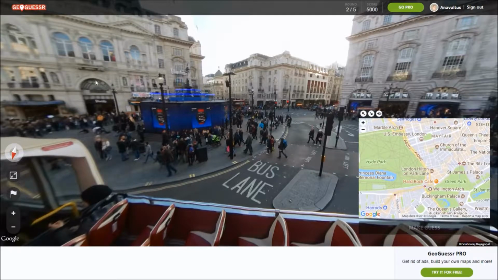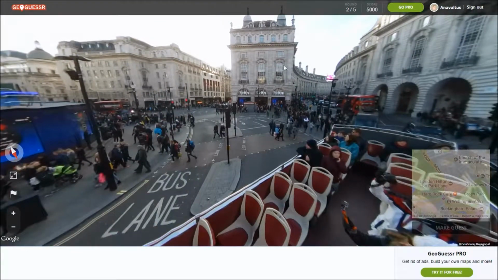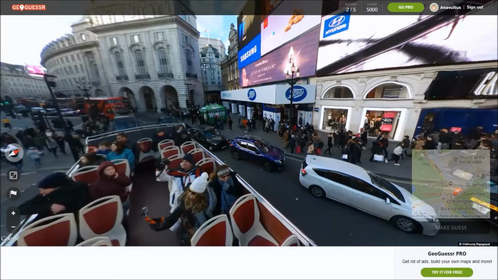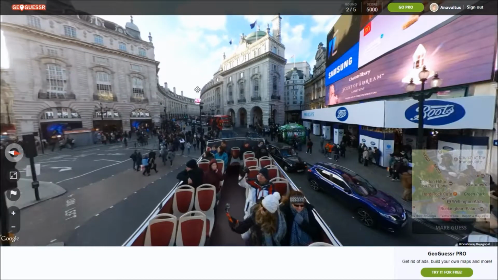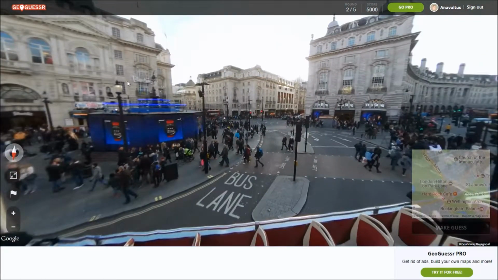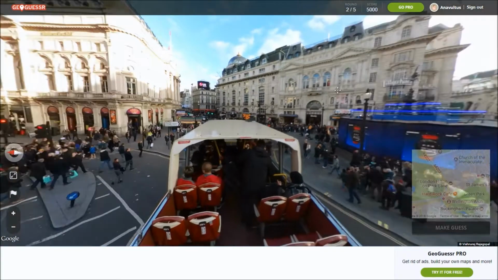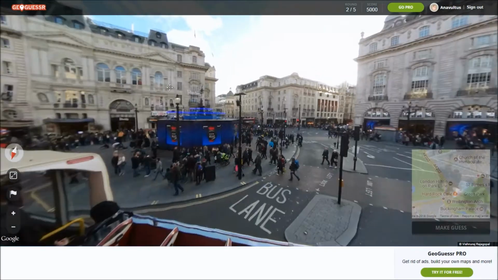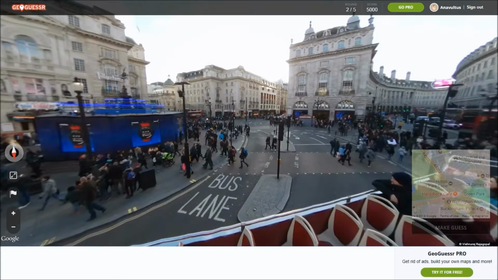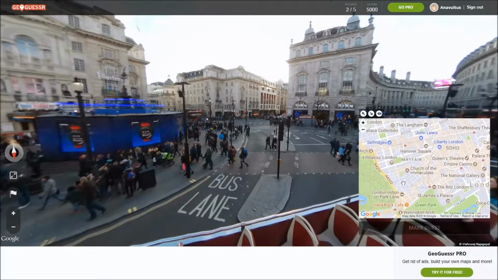Wellington Arch. Do I see an arch? I'm not really seeing anything that looks like a famous arch of any sort. This building, or one of these buildings, is probably famous for something, but I really don't know. So we're looking around Hyde Park, Hanover Square, Church of the Immaculate, Empire Casino, the Ritz,